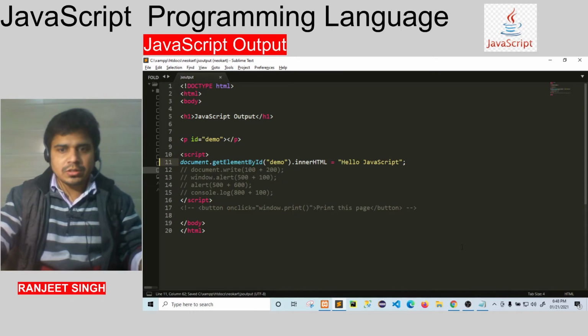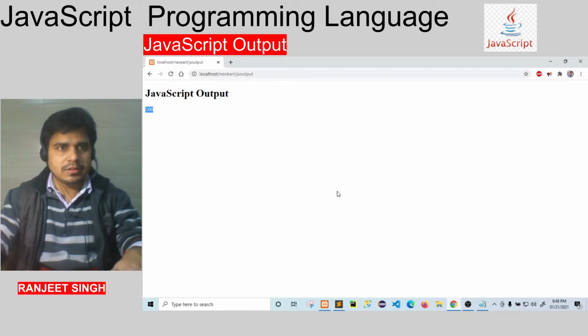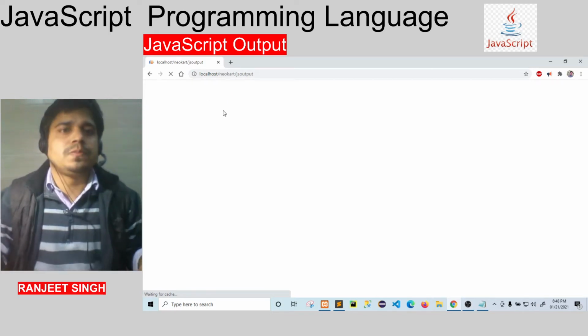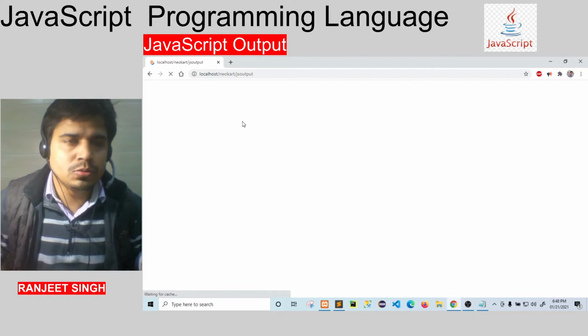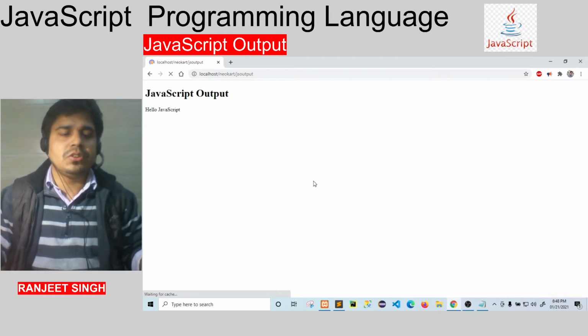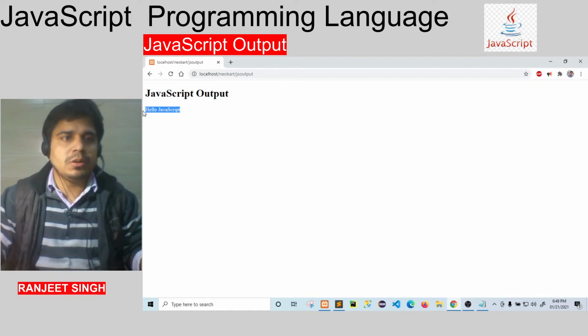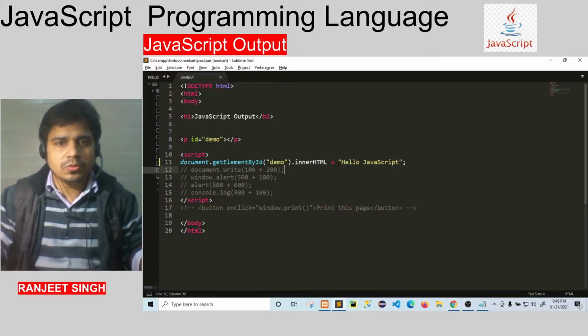Save and run. Let us see what the output would be if we use text instead. You can see the output is hello JavaScript.